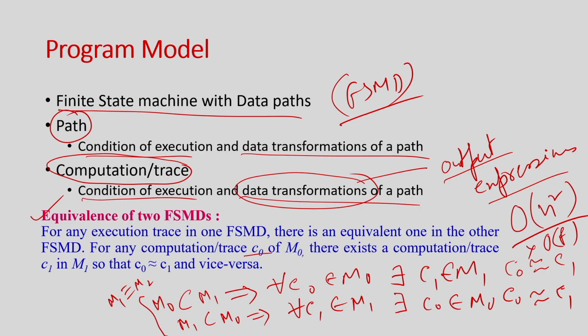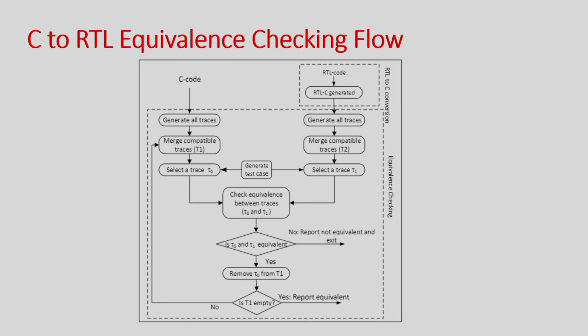So, this is the method that we are going to do, but this is inevitable for our problem. So, can we apply certain techniques which will improve the efficiency of the whole process? Can I do these things in order of n? That is something interesting. So, we try to come up with certain techniques which improve the efficiency of this C to RTL equivalence checking. So, this is the overall flow.